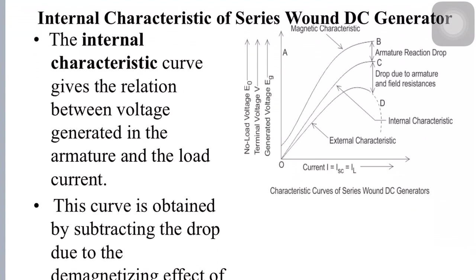We'll get a little drop in the voltage when the generator is loaded. This is mainly due to two reasons. One is the armature reaction drop, and the second one is the drop due to armature resistance. And in this series wound DC generator, we can observe the armature reaction drop and the drop due to armature and field resistances. Okay, and next one,